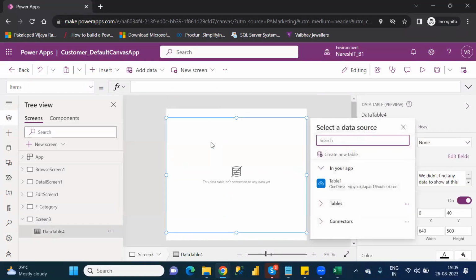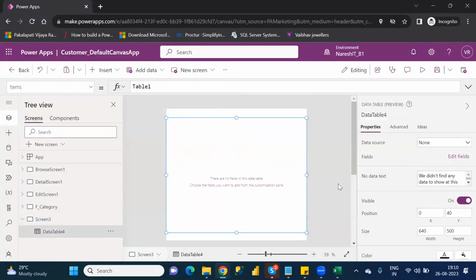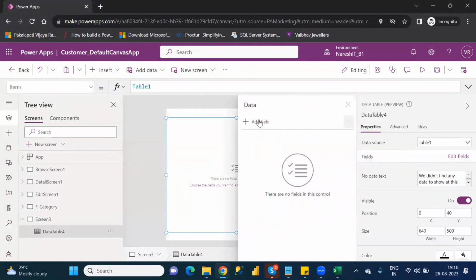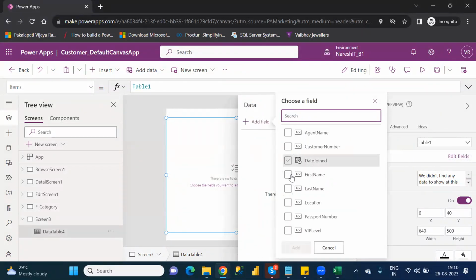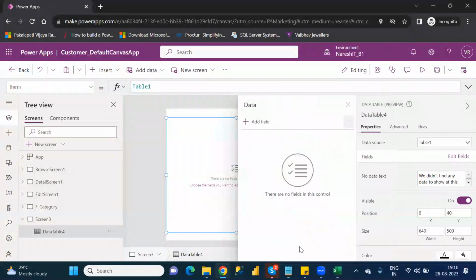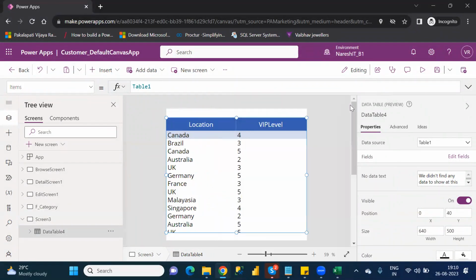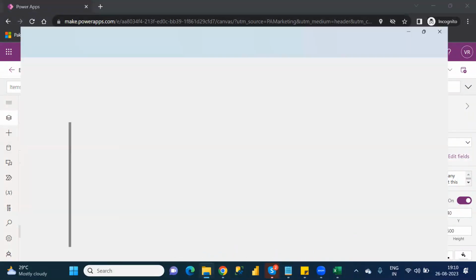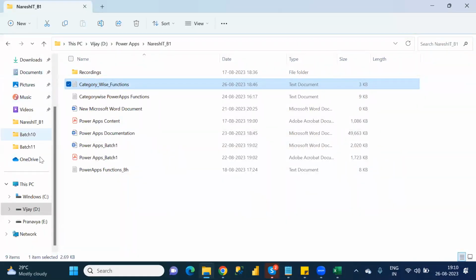See, in this data table, I'm loading in OneDrive data into this one. There are so many columns out there, but I want location wise, location and VIP level. I'm taking these two columns. What I want to do is, in table one, when you are connecting with OneDrive data,